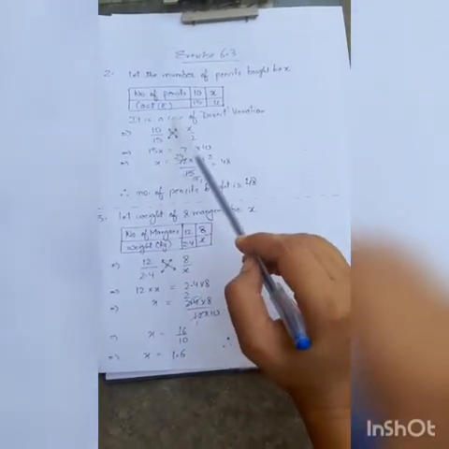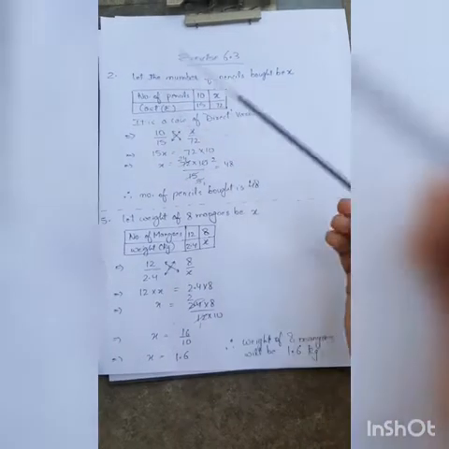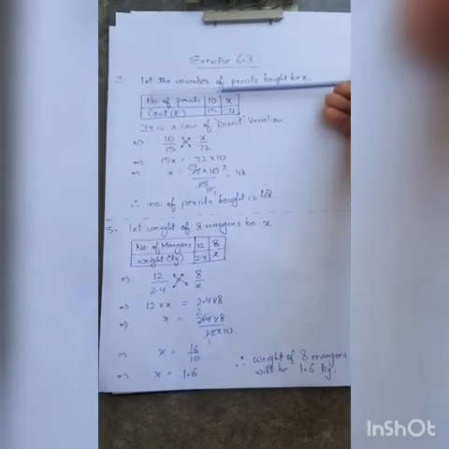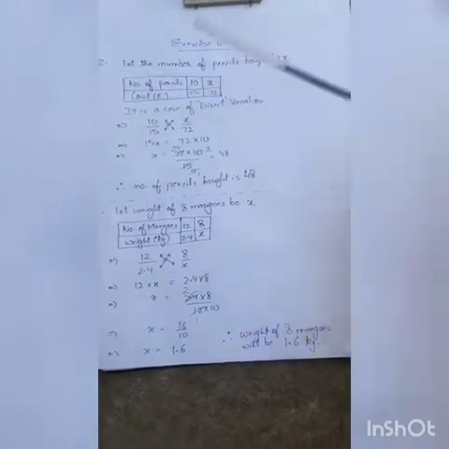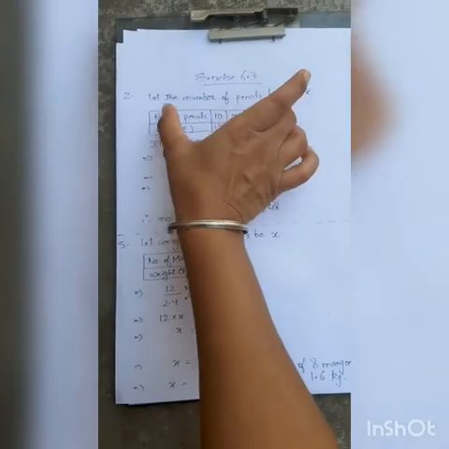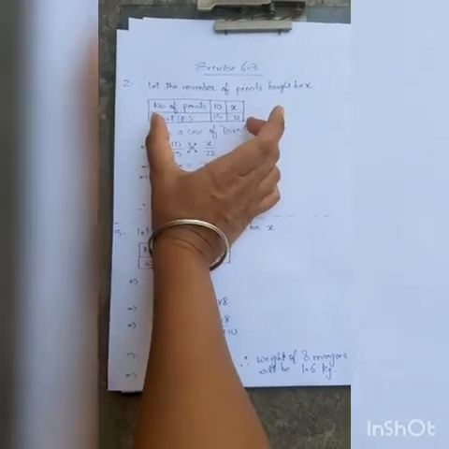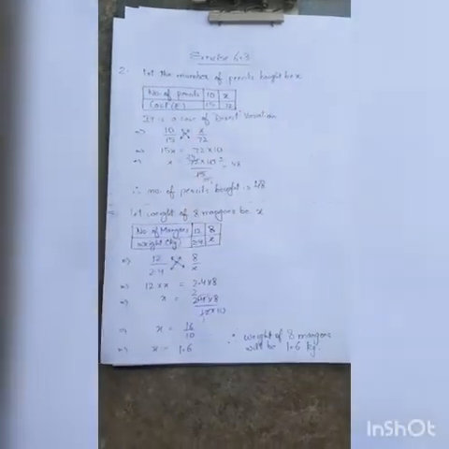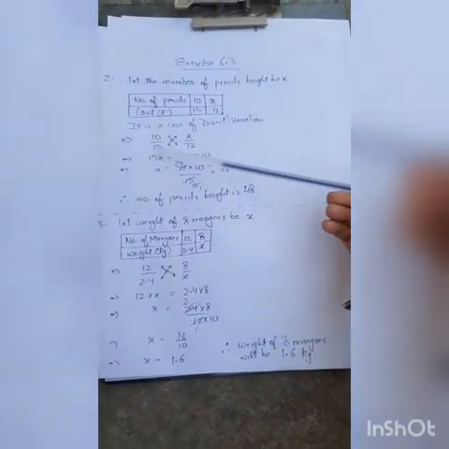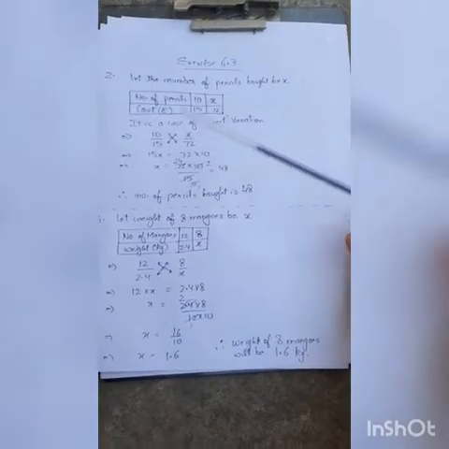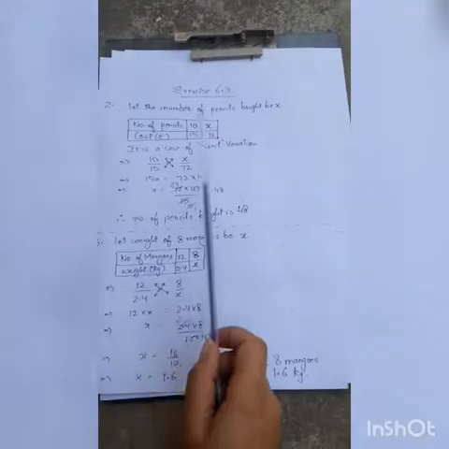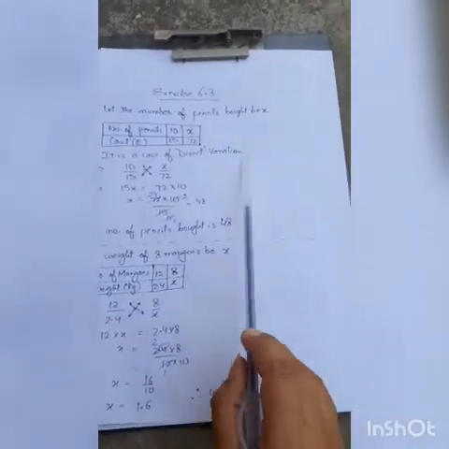I forgot to tell you, students, that even if we reverse the order, it means even if I write the cost in the upper column and the number of pencils in the lower column, it won't make any difference. It will still be the same. अगर आप number of pencils वाला column below बनाते हो और आप cost वाला column ऊपर बनाते हो, then also your answer will come same. Instead of 10 upon 15, you write 15 upon 10 and 72 upon X. So the answer will come same. So don't worry about what to write in the upper column and what in the lower column. So it is a case of direct variation.